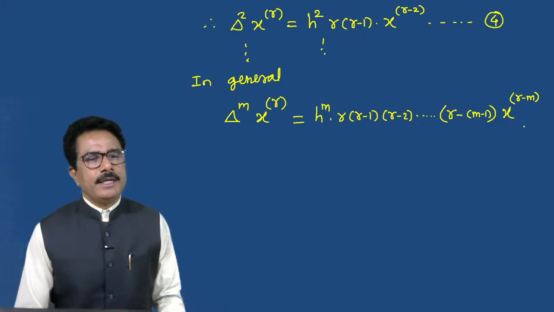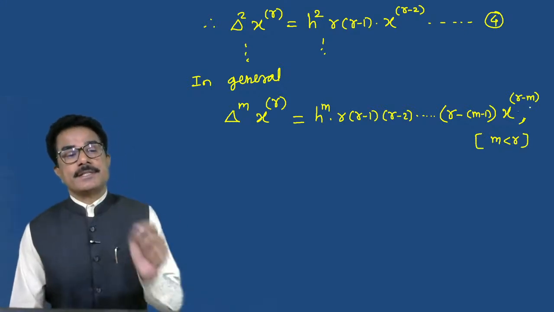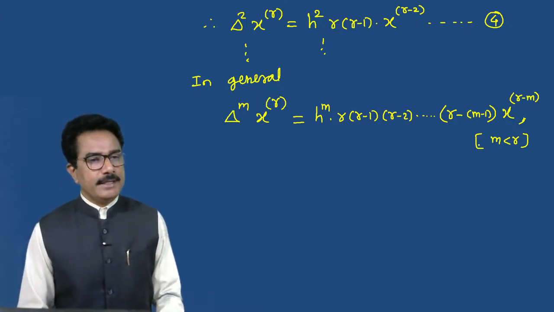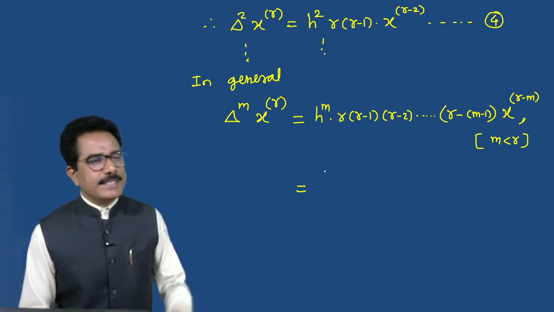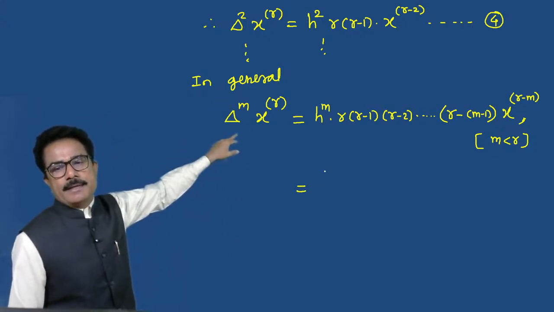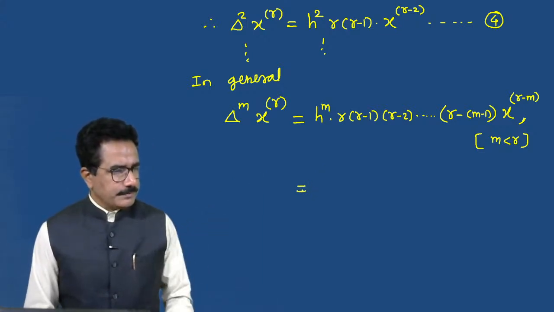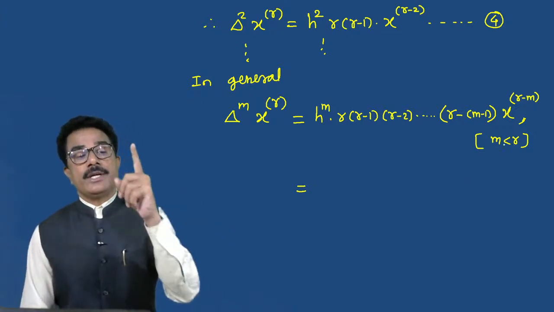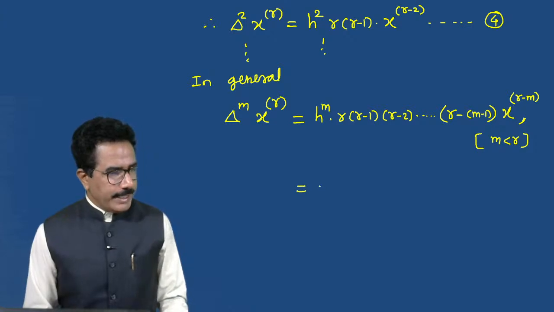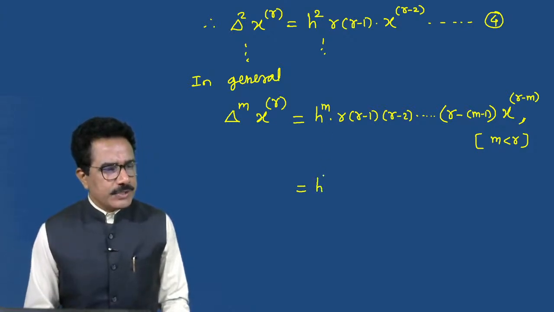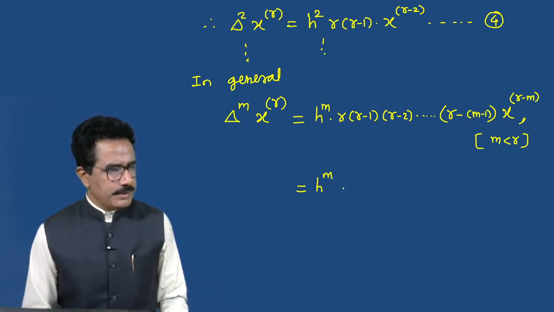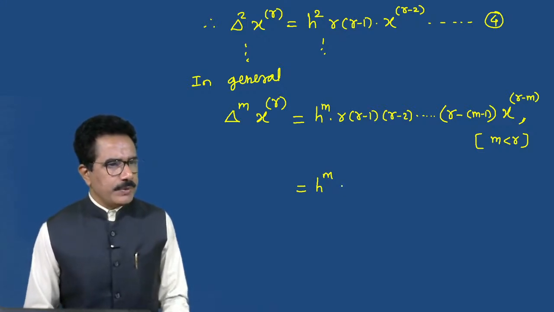r minus m factorial. Note here, remember, m is less than r. m should be less than r, only then the subtraction is positive. m is less than r. So we can write this as, we generalized it, replaced 2 with m, then we get, so we can write, and remember that if m is greater than r then we get 0. So we get h raised to m into, see this, h raised to m into,